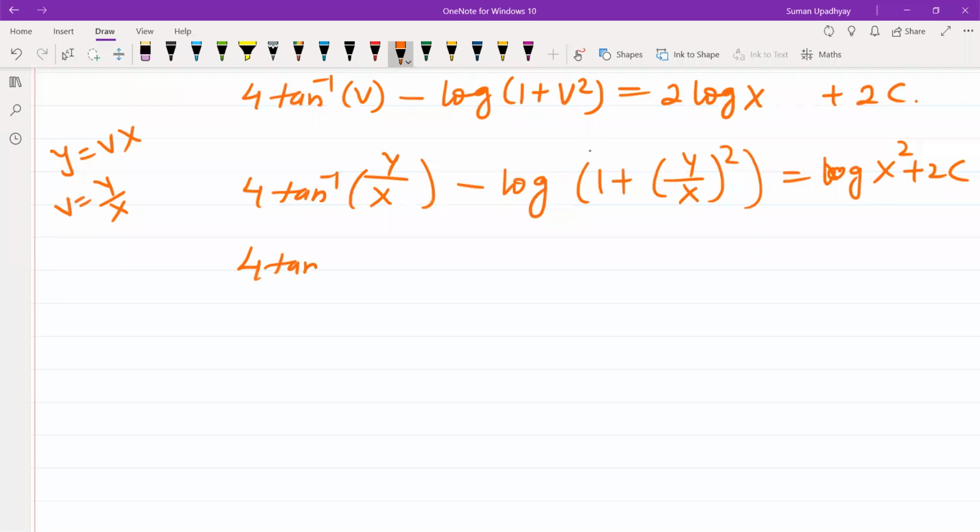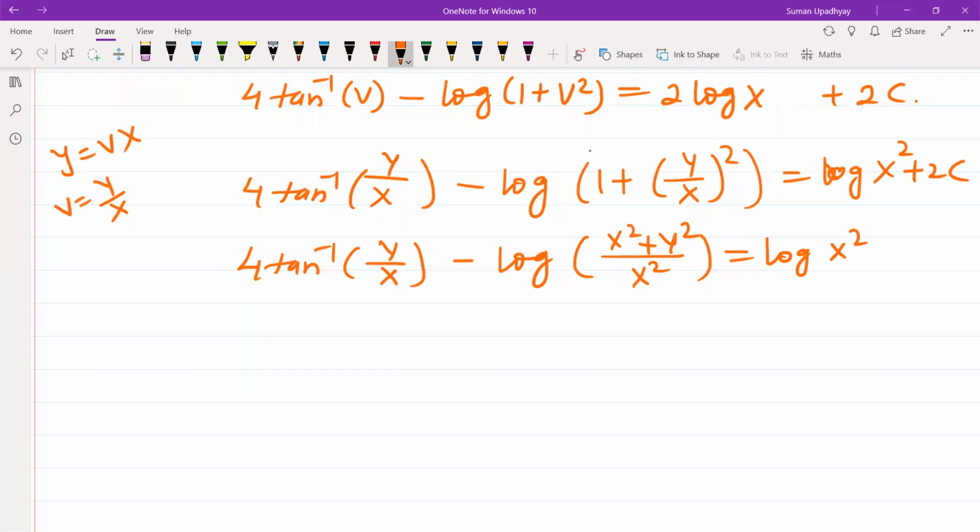No, ma'am. So now what is left now? This is in terms of capital Y and capital X square. But our original equation had small x and small y. So I have to replace this capital X and capital Y with something. So tell me what I had taken for small x. Small x I had taken x plus h. What was the value of h we got? We got it as -1. So tell me what capital X will be. Capital X is going to be small x plus 1. Did you understand the step?